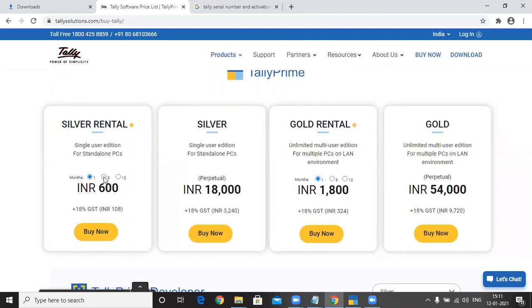And if you search for the 3 months, then 1,800, then for 12 months, 7,200. Okay, and for gold rental, 1 month costs you around 1,800 plus GST, 3 months 5,400 plus GST, for annual 21,600. So this is on a rental basis.